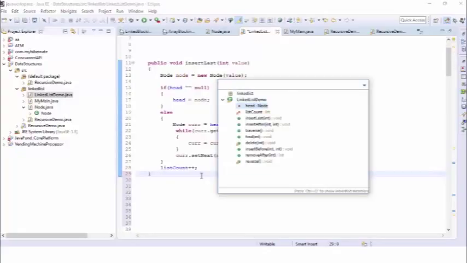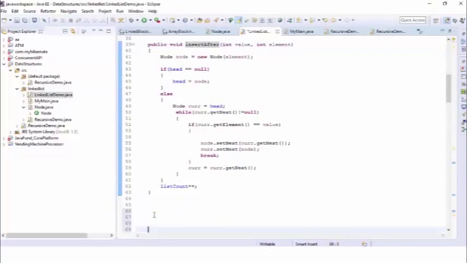Now let me go to the insert after method. So this is my insert after method. Inside the insert after method, I'm actually taking the value that I want to insert. Let me change it to